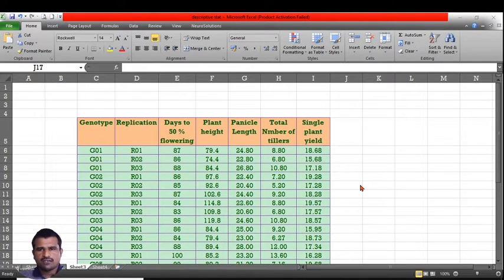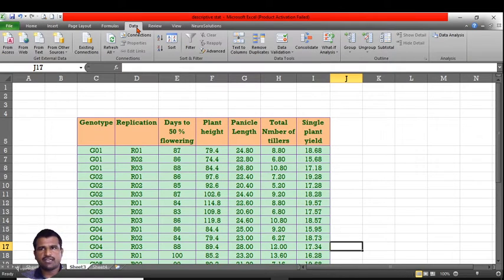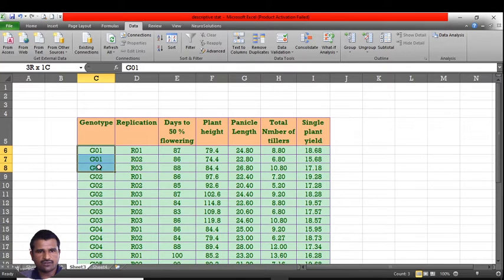Now we'll see how to do the descriptive statistics for the columns and the rows at a time. Whereas in the data analysis tool we have either row wise or column wise. We don't have the cross table. That means suppose in a particular row we have the different subclass.